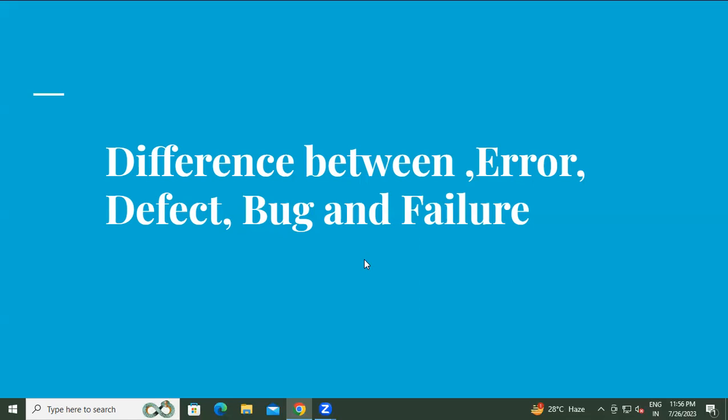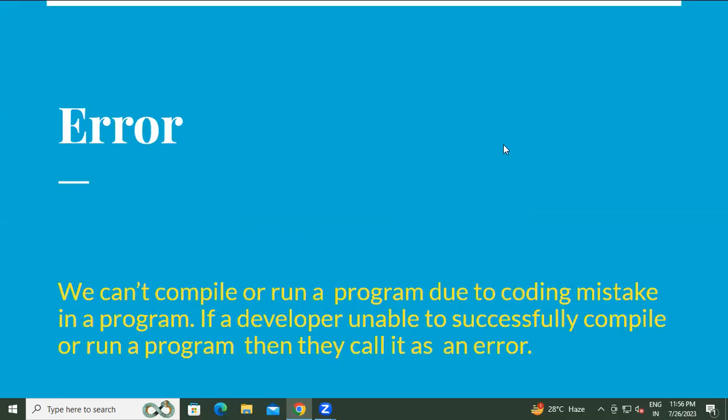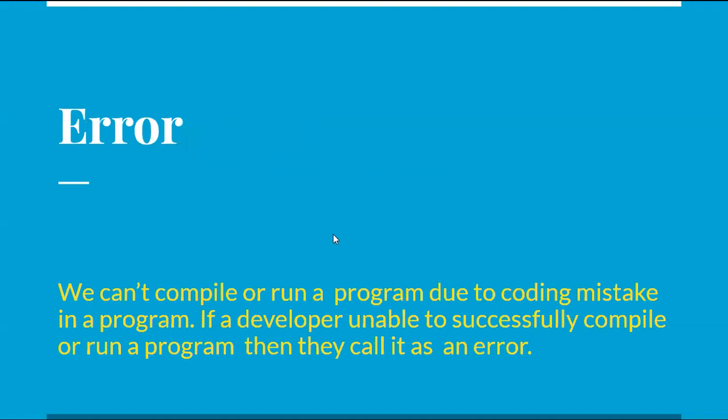So finally we will explain today's topic, what is the difference between error, defect, bug and failure. There is a very small difference between them. So I want to explain each and everything one by one. So first I want to discuss